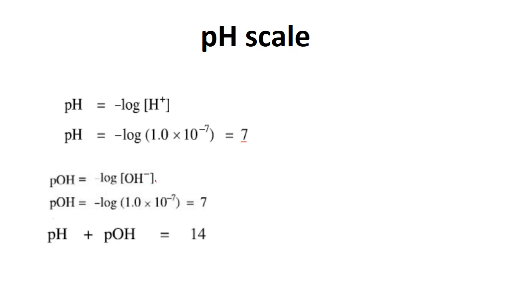And same for the hydroxyl ion. Hydroxyl ion has a value of 1.0 multiplied by 10 raised to power minus 7. Both ions have the same value. So after taking the negative log, we will again get 7. In this way, we can find out the value of the pH scale, which ranges from 1 to 14. And in this, from 1 to 7 is pH and from 7 to 14 is pOH. So it's going to be in total 14.